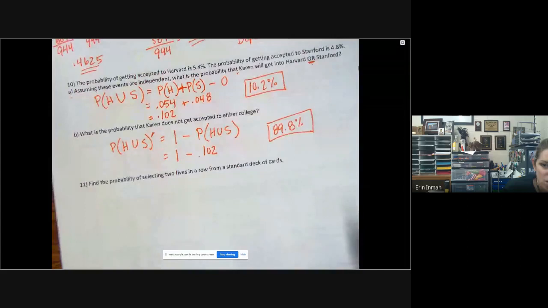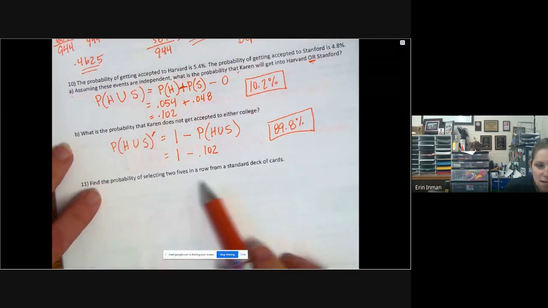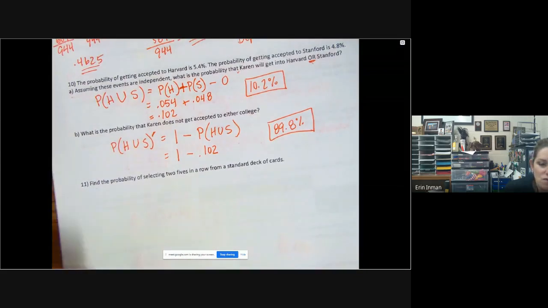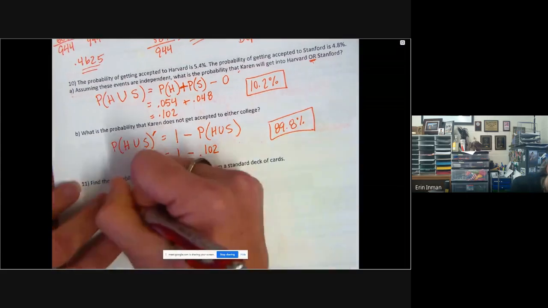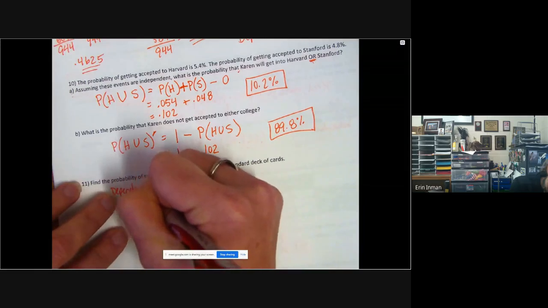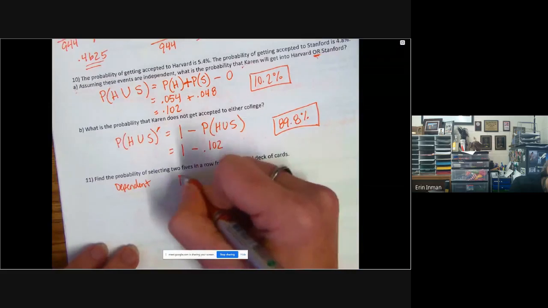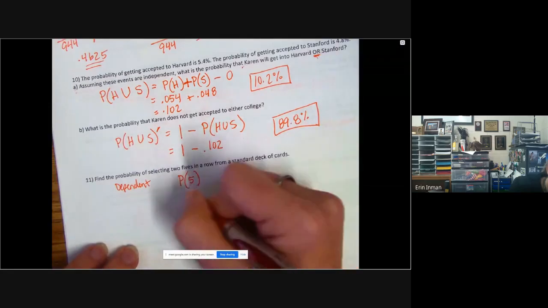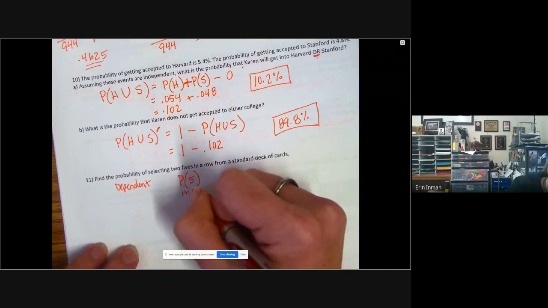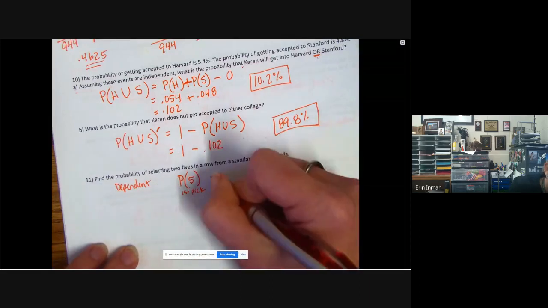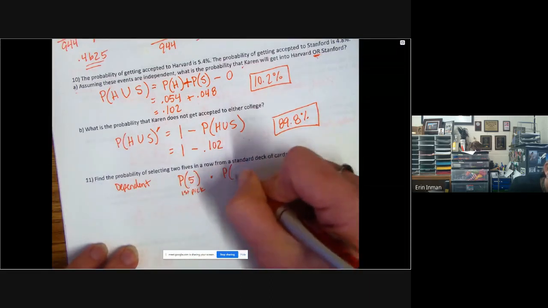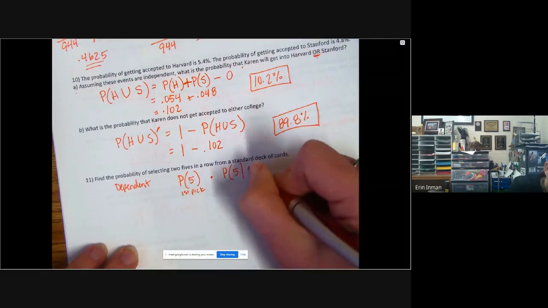Right? And if I wanted to find the probability of getting into both of them, then I would multiply those together. All right. So let's see, this last example: what's the probability of selecting 2 5s in a row from a standard deck of cards? Okay, this is dependent. And this is one that I think might be a little bit easier to think about as the probability of getting a 5 on the first pick, and then we're going to multiply getting a 5 given a 5 has